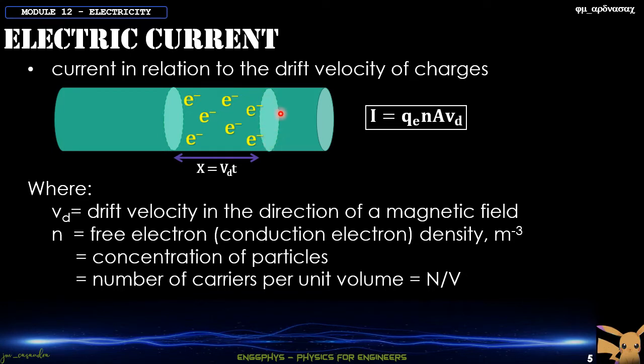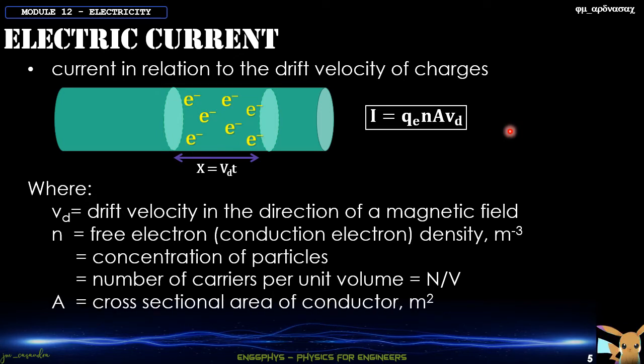So we have here your area times the x distance. Okay, so we have your A, which is the cross-sectional area of your conductor, so it should be in meters squared. So with that, you can now solve for this one. So electric current in relation to the drift velocity of charges. Okay, so take note, if we have NQ, that is simply your carrier charge density,